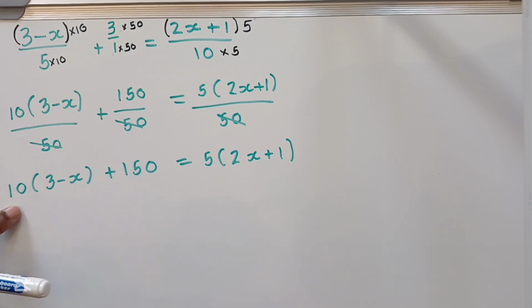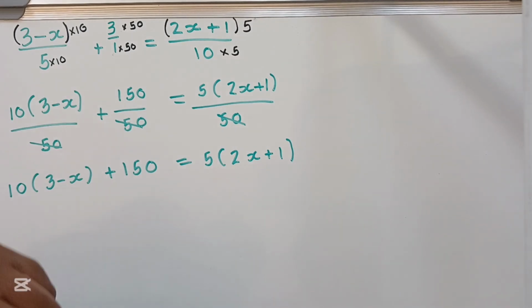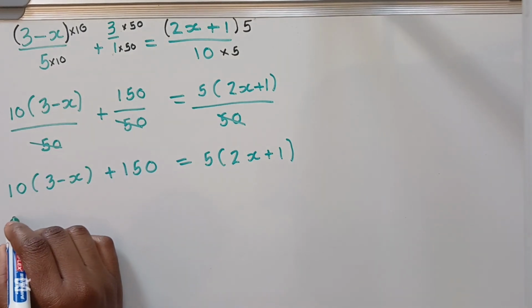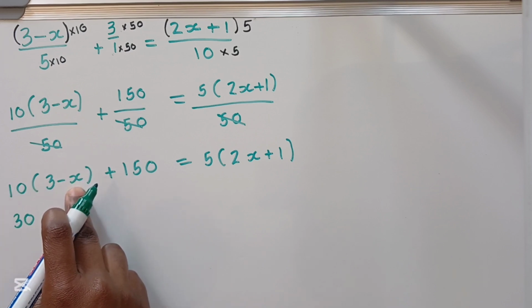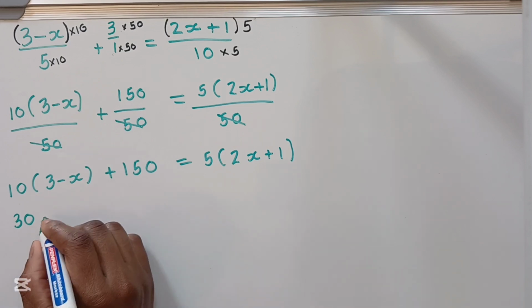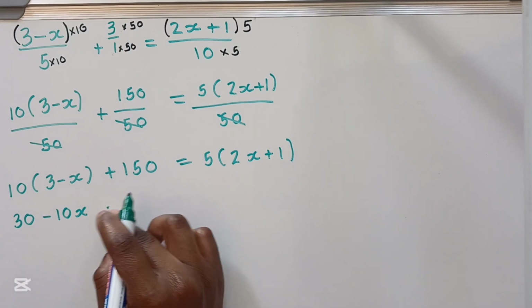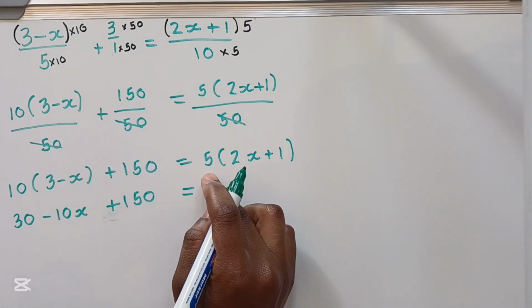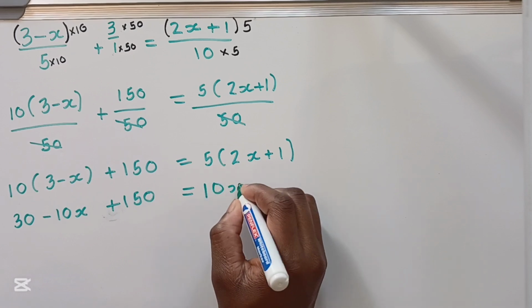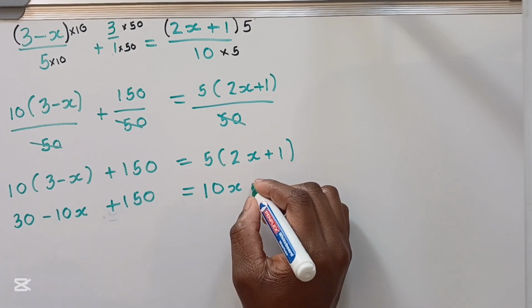So you're going to multiply this 10 with everything inside and this 5 with everything inside. That's the only way we can get rid of the brackets. So 10 times 3, 30. 10 times negative x, which is negative 1, will give you negative 10x